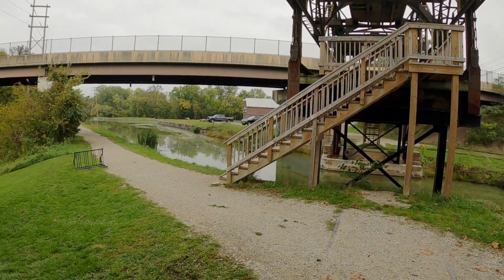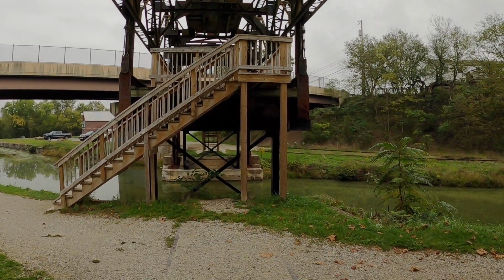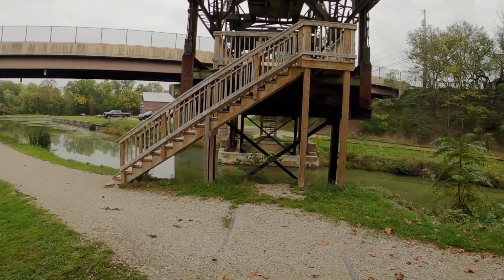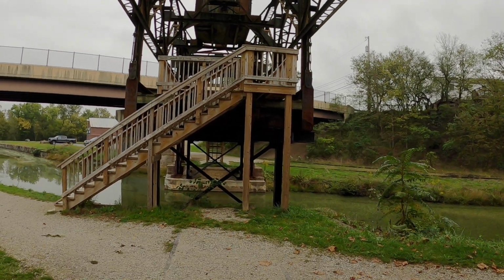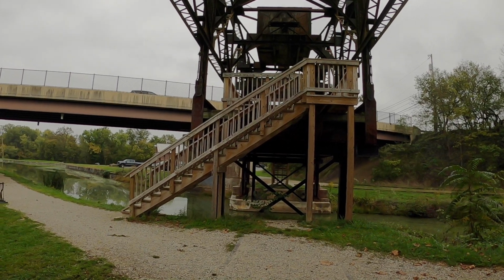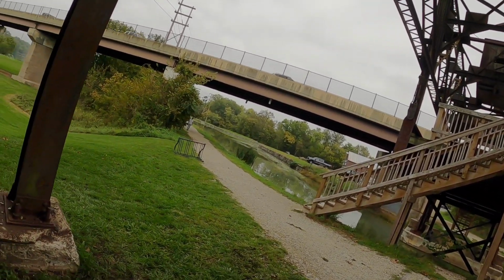Okay, if you're coming into Williamsport, there's a pedestrian bridge that goes across the locks here, across the canal, and there is a flat board that runs along the side that you could push your bike up, but there's actually a better way, I think. I've seen some people do this in videos, and they all complained about having to push their bikes up there. But if you come down and turn down this path to the right